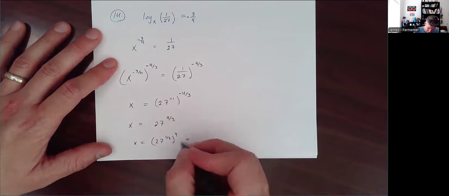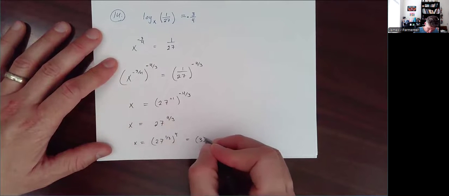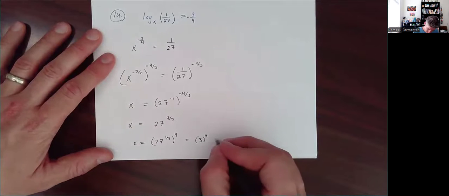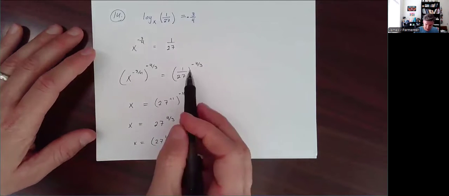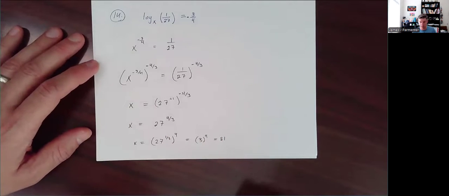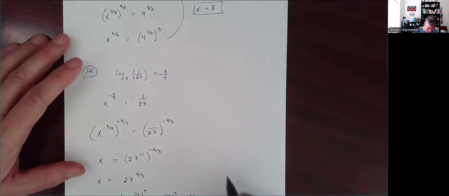The cube root of 27 is 3, still raised to the 4th power. And 3 to the 4th, we've seen before, is 3 times 3 times 3 times 3, which is 9 times 9, which is 81. But maybe you didn't want to do it this way. Maybe rewriting 1 over 27 as 27 to the negative 1 just doesn't feel natural. So another way you could have gone would have been to have said,